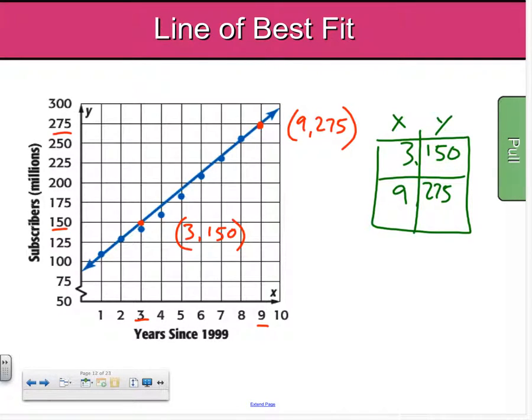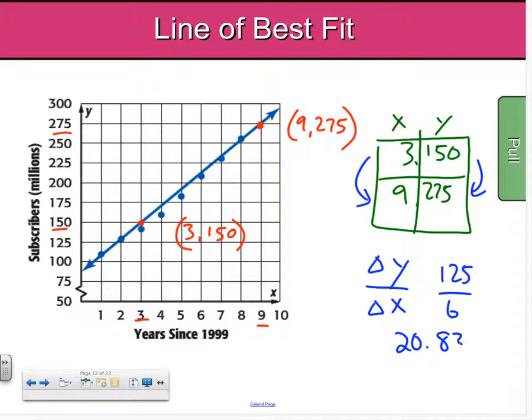What is the change in y? The change in y is from 150 up to 275, so it's 125. And the change in x is from 3 up to 9, so that's a change of 6. So we have a slope for this line of 125 over 6, which is approximately